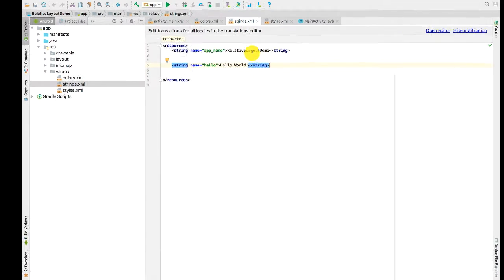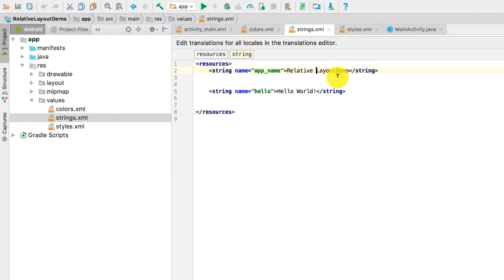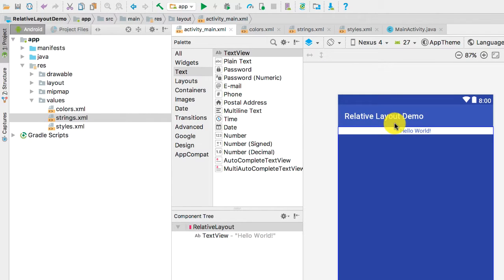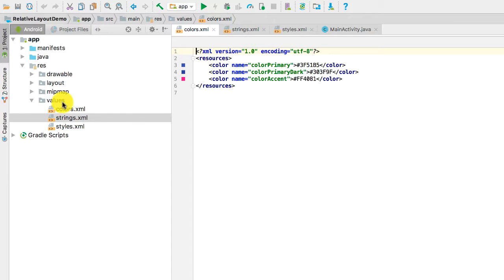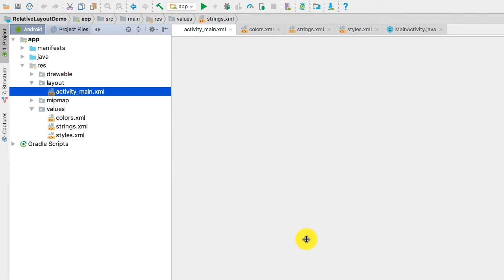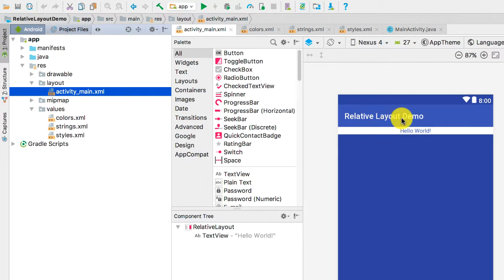If we change this, we put a space instead of camel case. If you click back, it's already reflected. If it's not yet reflected, you just close that one and open your layout again, so it's reflected immediately. This is important because